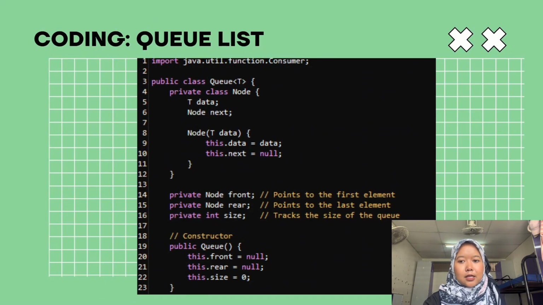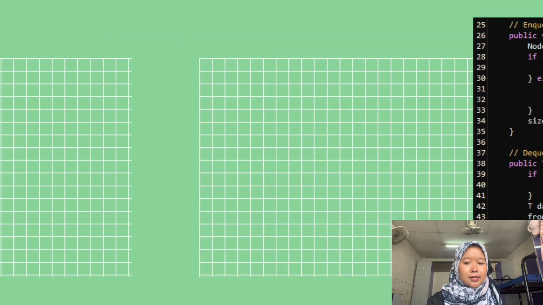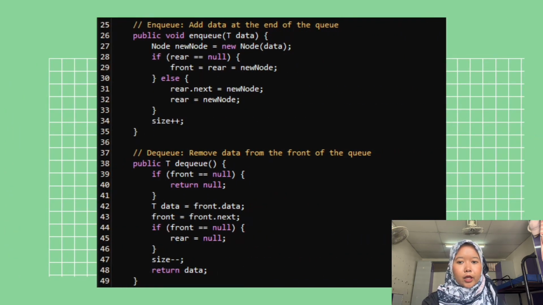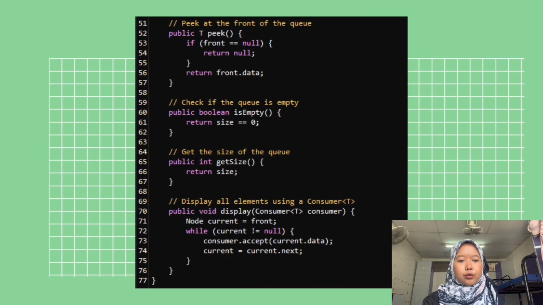First of all, this is the code for the queue: node queue, queue list, node front, node rear, and size. It can add data at the end of the queue, remove data at the front of the queue, peek at the front of the queue, check if the queue is empty, get the size of the queue, and display all elements using a consumer